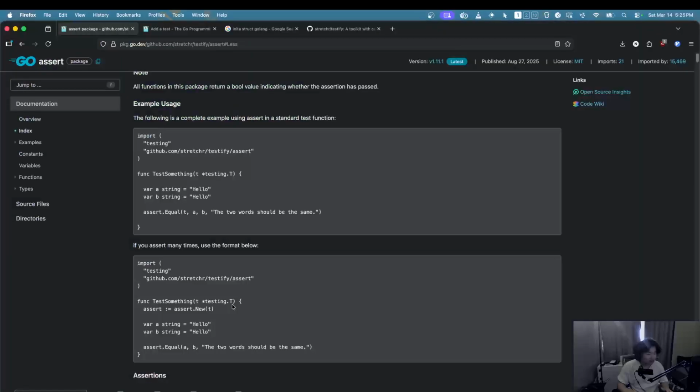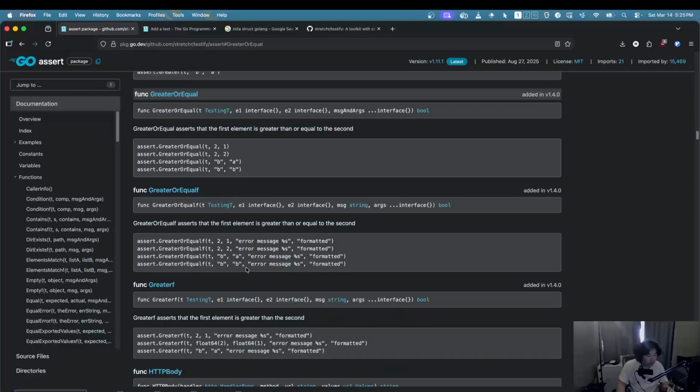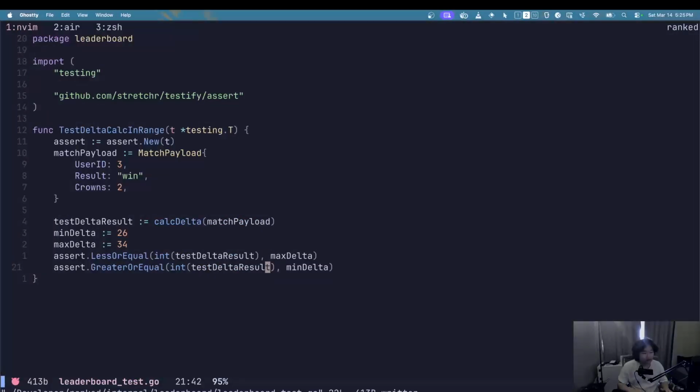Greater than, wait, what is greater or equal to? The first element is greater than or equal to the second, yeah. Let me convert this, because I'm expecting it. I'm not trying to convert the result. That makes no sense. The result should be unchanged, because I'm going to use it like this. I'm going to do int64 here.